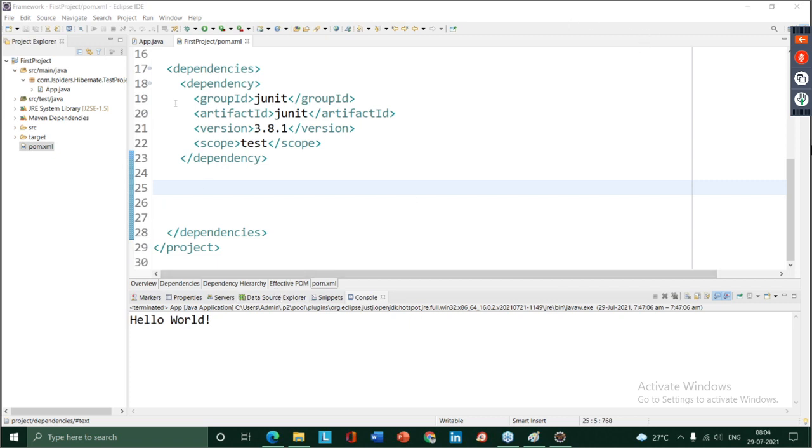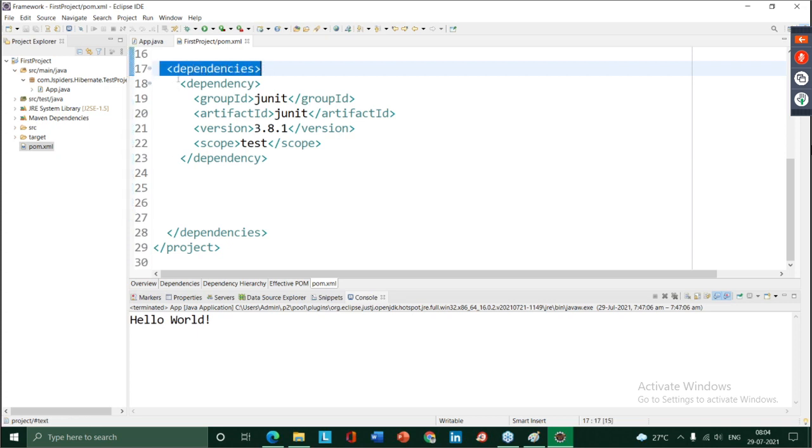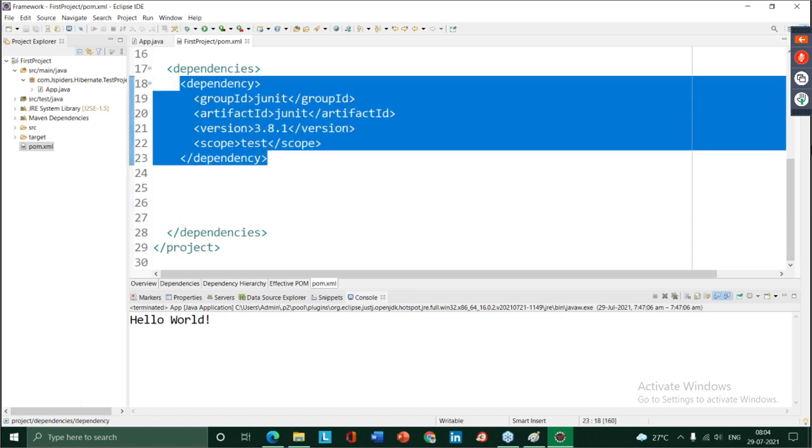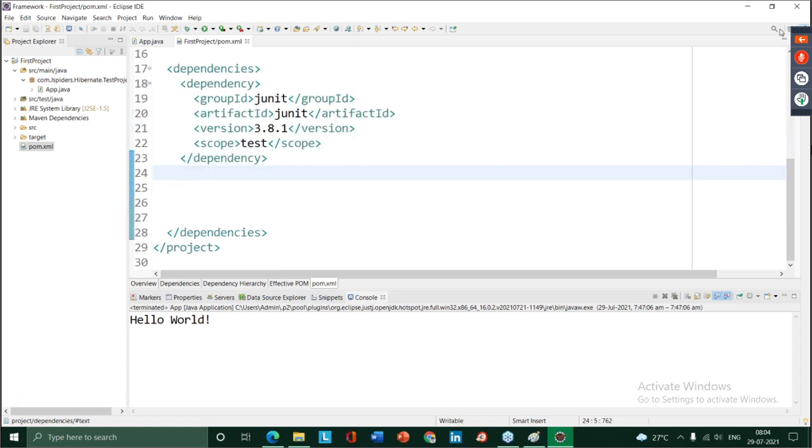And inside the dependencies tag, you can see guys, you need to paste this inside the dependencies. See, the dependencies tag is opened here and it's closing here. So inside that you can paste it anywhere. So after this particular dependency, whatever dependency we had, I'm going to paste here, guys. So let us